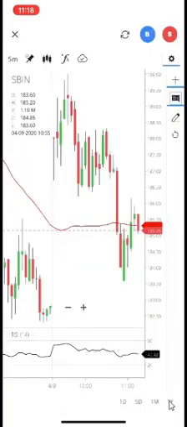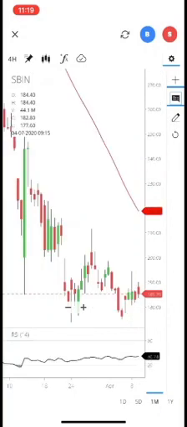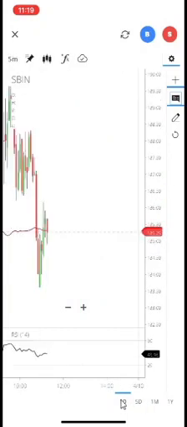Here we can fix the chart frame. This will display 1 year chart on the screen. Same, this will be for 1 month chart on the screen. And this is for 5 days and this one for a single day.